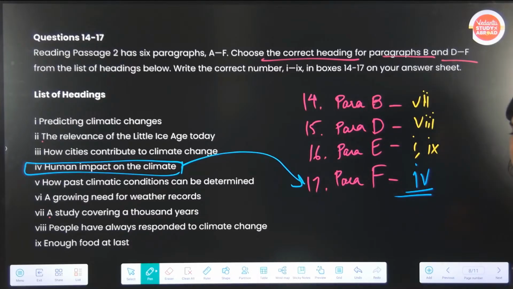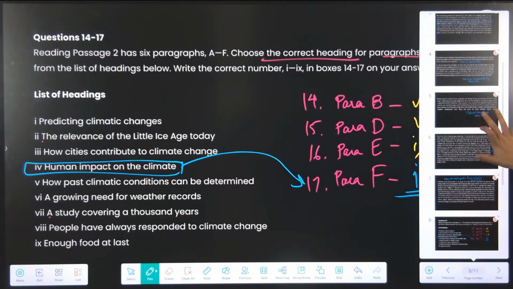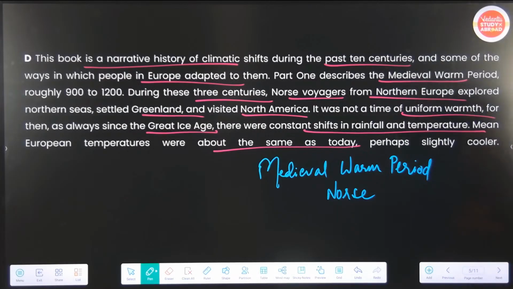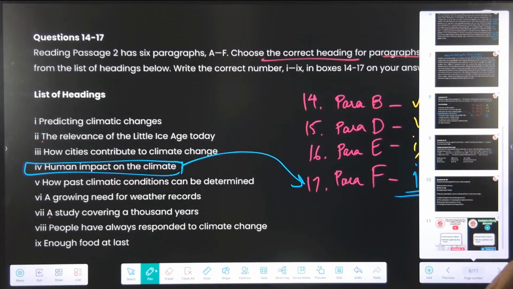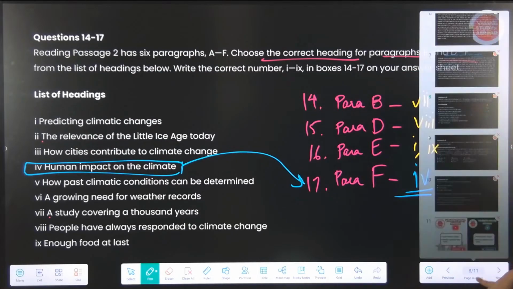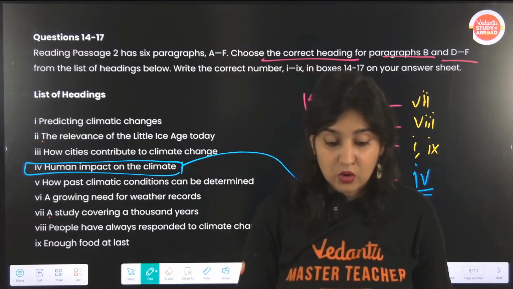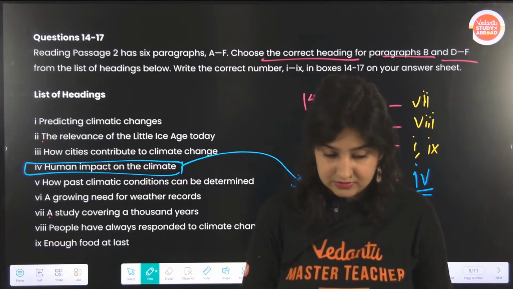Meanwhile, para D, you're saying is 8. Let's go to para D. Para D is about the medieval warm period. It's about the Norse voyages, and it explains what the book is about. Okay? So let's go back and see the headings. You're saying 8, people have always responded to climate change. People have always responded to climate change. Or